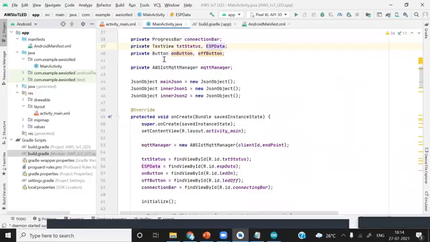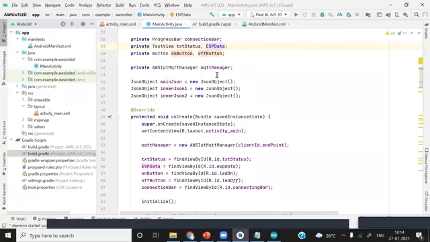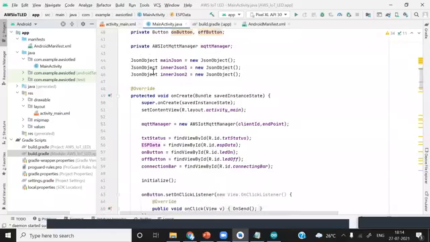And after that, we have declared the buttons, private button and on button and off button. Simple 2 buttons we have. After that, we have to declare this AWS IoT manager as MQTT manager. Okay. And after this, we are creating 3 JSON structures or 3 JSON levels. So first is main JSON, root JSON. After that, one branch or the second level, inner JSON 1 and inner JSON 2. You can give whatever name you want here. Instead of main JSON, you can write root. You can write root 1, root 2, whatever name you give, it will get attached.